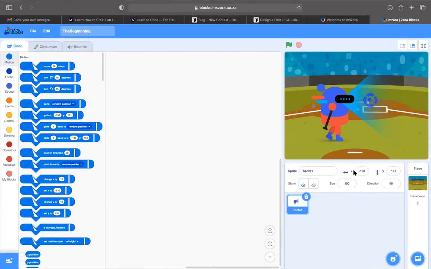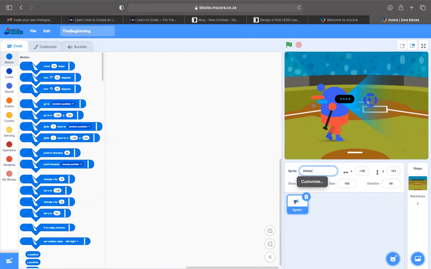So if we come back to the sprites area, you will see that your sprite has a name. And if you wanted to, you can give your sprite a name of your choice. All right. So let's say this sprite is going to be my name.